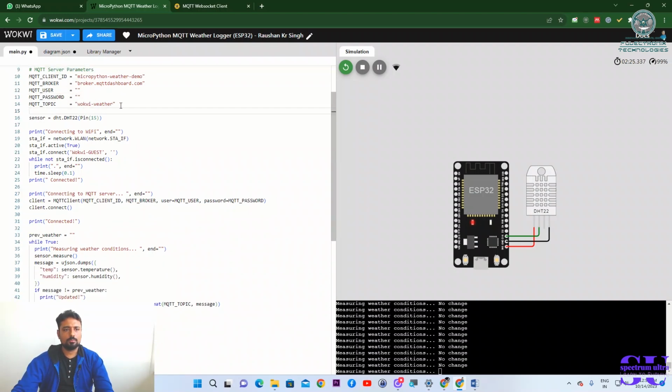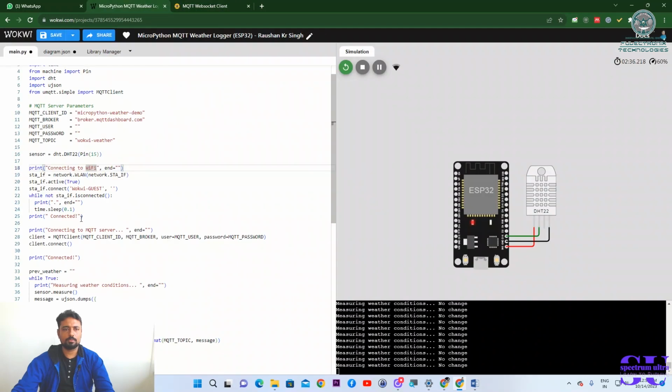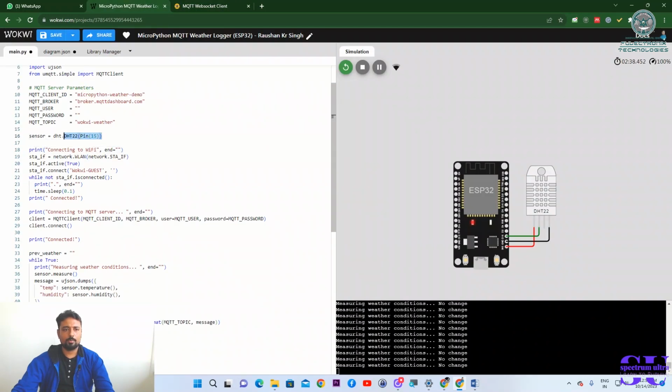Okay, then the MQTT topic. Our topic is Wokwi weather. When we are registering and connecting, at that time you have to use Wokwi weather, so try to use this only. This is the proprietary of Wokwi, and Wokwi easily works with this one. With this you can easily understand how it's happening. So what type of sensor are we using? We are using a DHT22 sensor. In your lab also DHT11 is available, in hardware, if you want to practice. Connections are the same. We have connected it to pin number 15, so that we have declared here.